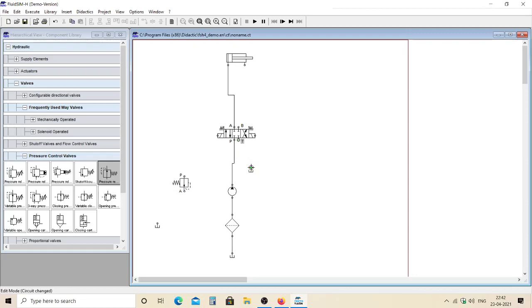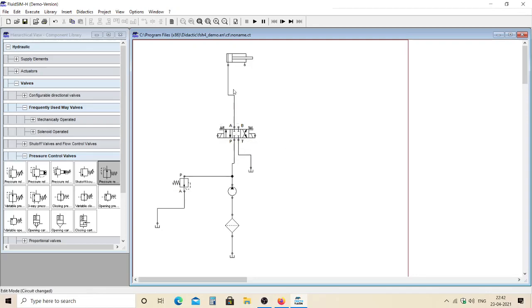So tank, in this case, this A is nothing but the tank side, you can connect here. This pressure line or pressure port you can connect here. So up till now the connections are okay. What we require is some change in the direction control valve. So that we will do.